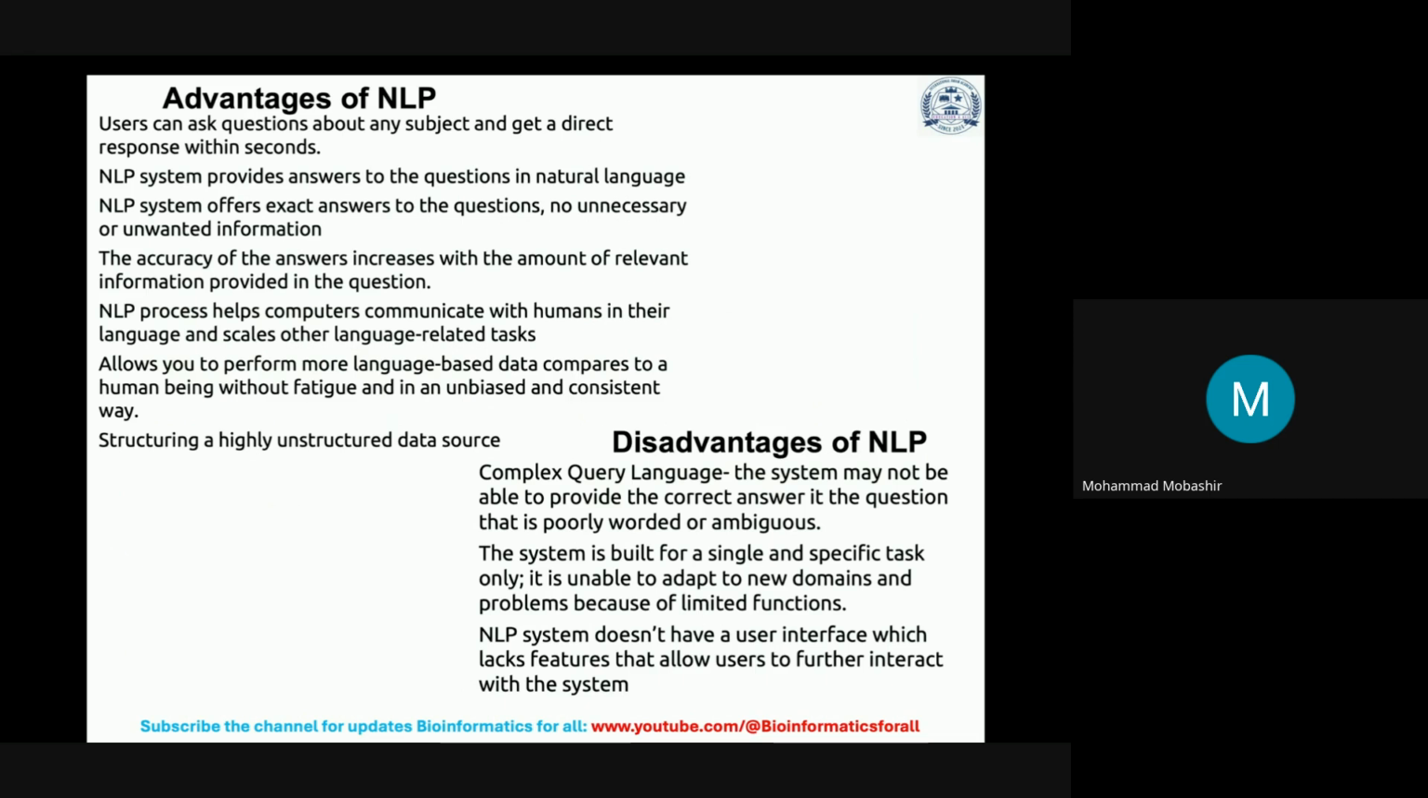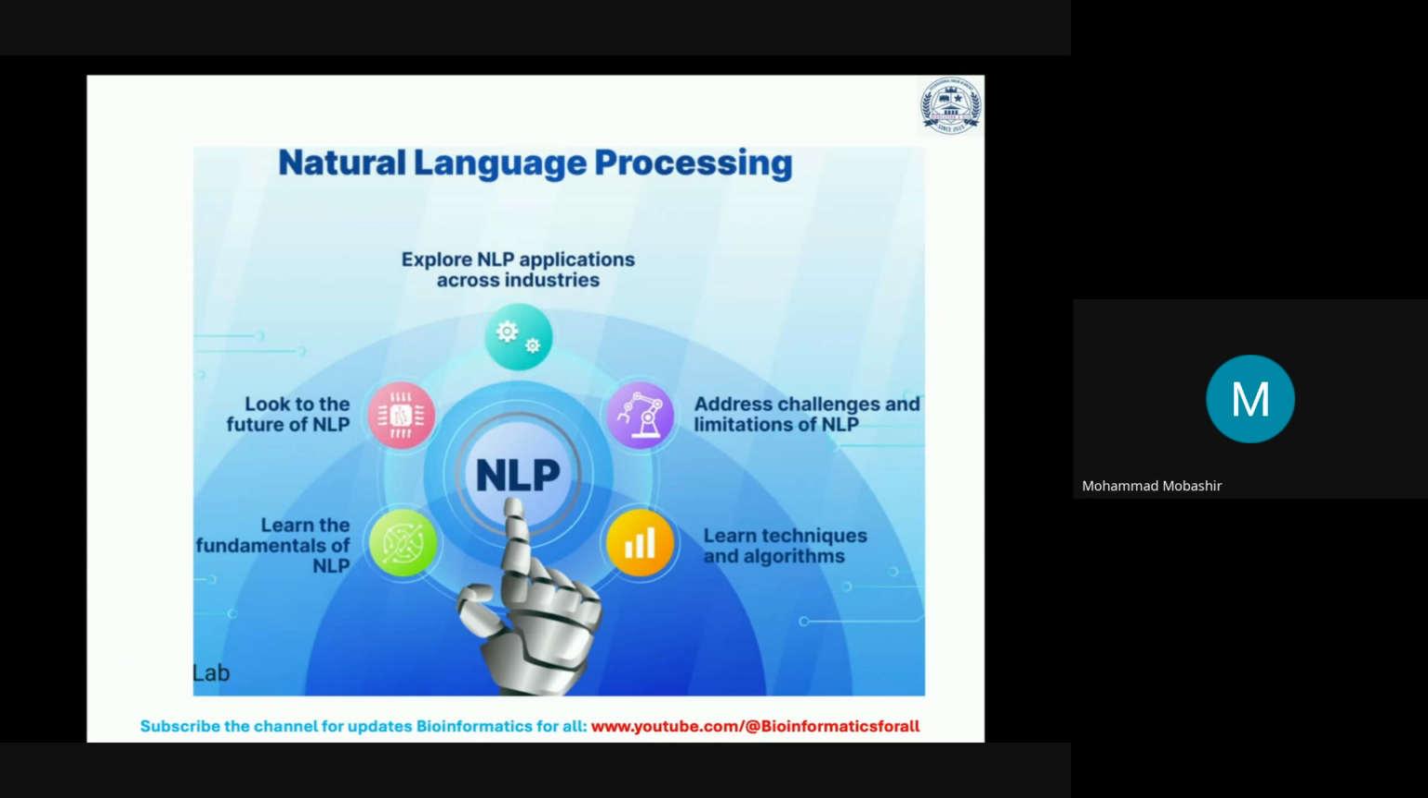Disadvantages: complex query language, very difficult to get an accurate answer. The system is built for a single and specific task only. It is unable to adapt to new domains and problems because of limited functions. An NLP system does not have a user interface, which lacks features that allow users to further interact with the system. Now, finally, you can summarize NLP in this pictorial form. So NLP learn the fundamentals